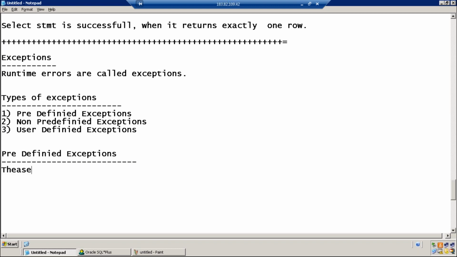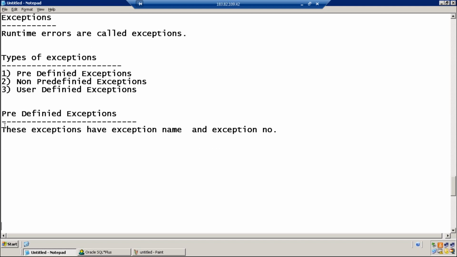Now, these exceptions have an exception name and an exception number. The following are examples of predefined exceptions.